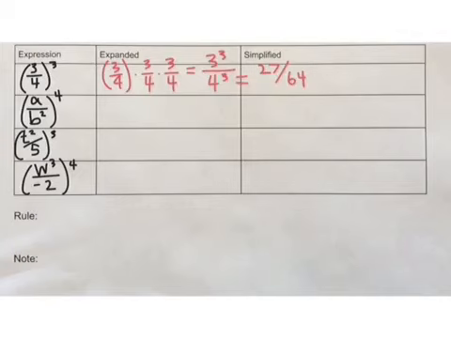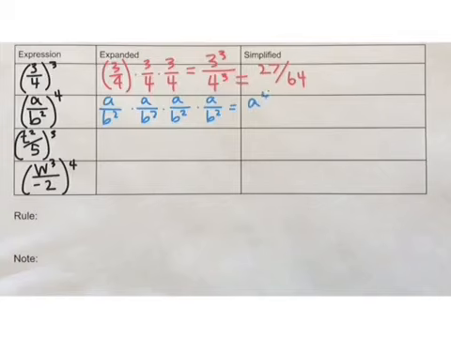For the next one, we have a over b squared all to the fourth power. So this one is going to be a over b squared times a over b squared, and we're going to repeat this 4 times since it's to the fourth power. And then we're going to multiply our numerators together, and that would end up to be a to the fourth